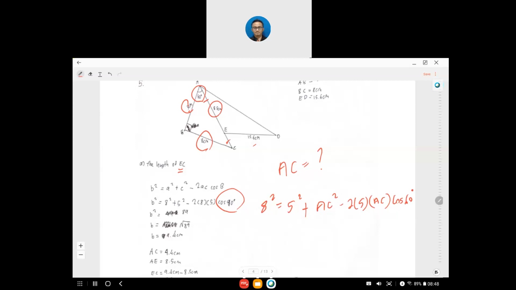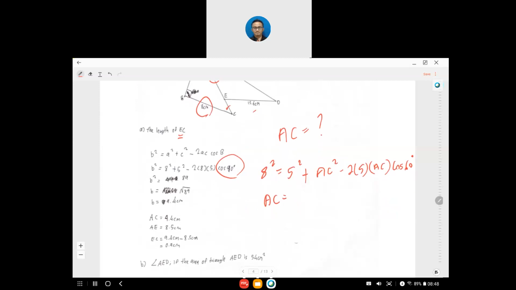So you can get the value of AC here. After you calculate this one, you can get the value of AC, whereby AC equal to